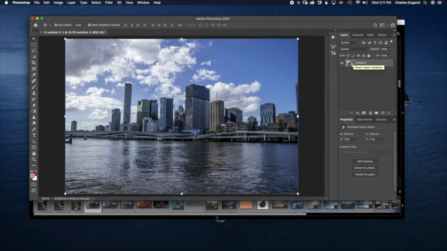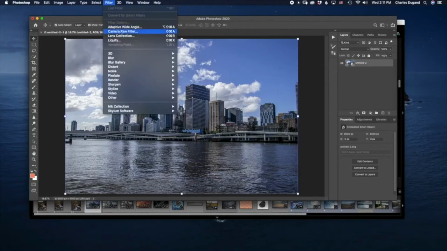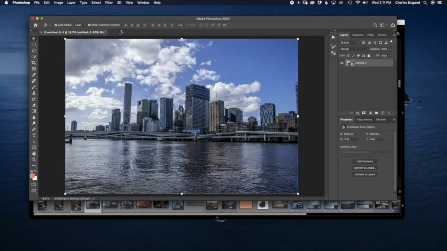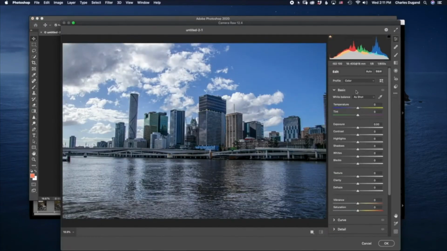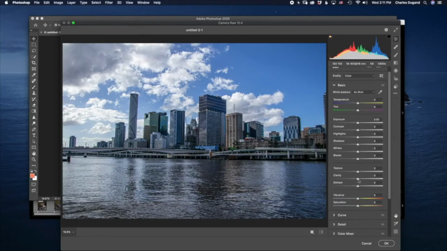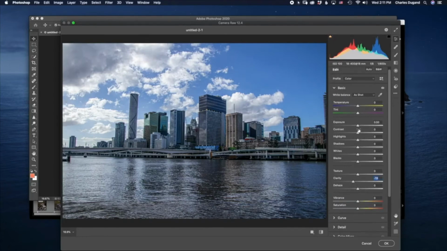Now the difference here that is sometimes confusing is if, instead of double clicking on this particular icon here, I went to Filter and opened Camera Raw this way. Okay, it enters here with everything zeroed out. By not clicking on the smart object, it didn't open as a smart object. It opened as a regular object, a regular layer. I can still do the edits here. I can still do whatever I want to do, but it